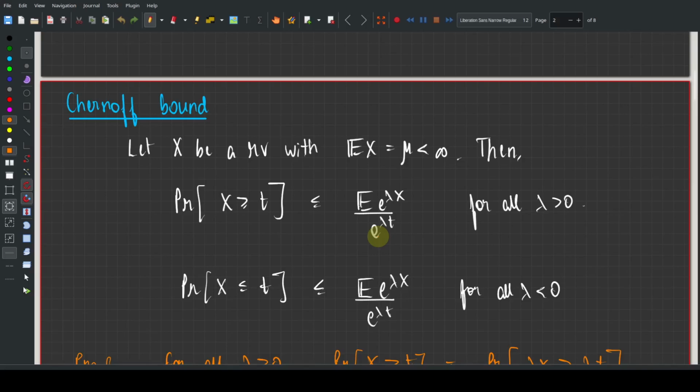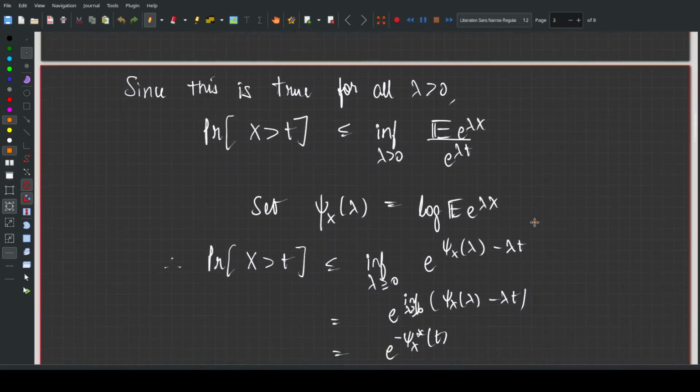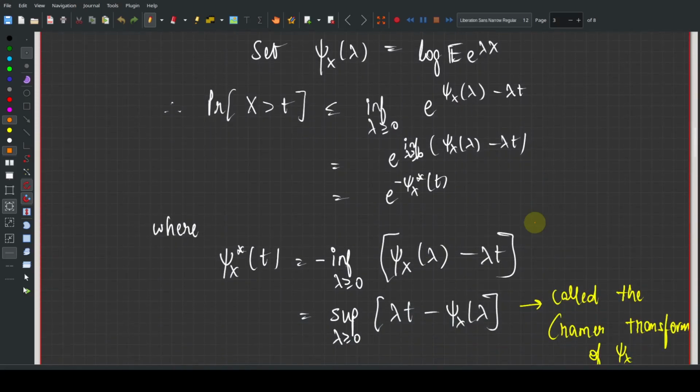We derived a proof of this, but then we noted that this bound depends on lambda, right? This inequality is true for all lambda greater than 0. So it makes sense to get the best possible upper bound. This is also true for the minimum. Even if I take the minimum of the right hand side over all possible lambda greater than 0, it's still a valid upper bound, right? We are trying to get the best possible upper bound. In order to do that, I have to take the minimization of the right hand side, or in other words, that corresponds to taking the maximum of the exponent, which is lambda t minus psi x of lambda,